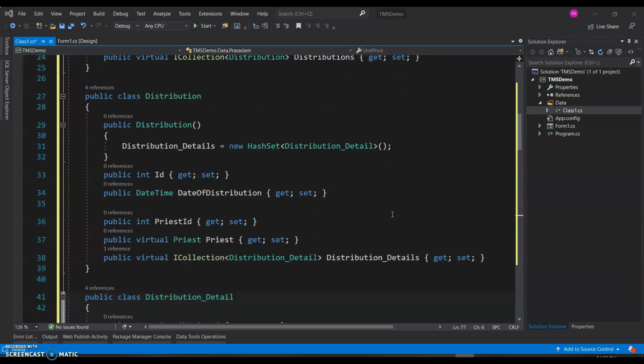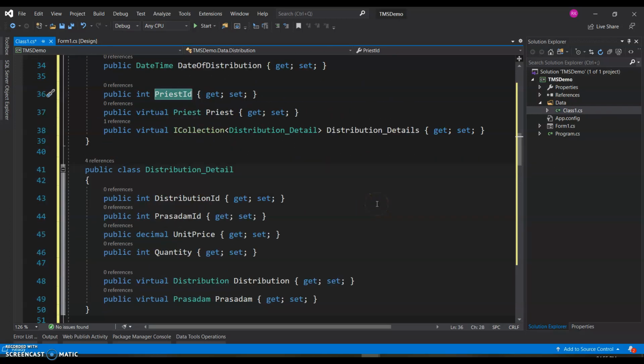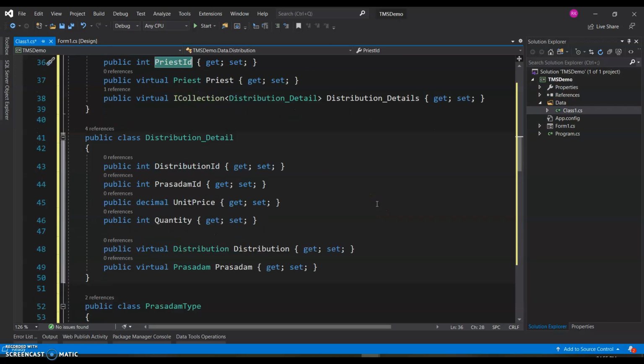Distribution entity, and in most of the places I have chosen to include this foreign key explicitly, and in some places I have not. And just notice in this distribution detail, we do not have a primary key like we did before. We'll talk about that in detail.